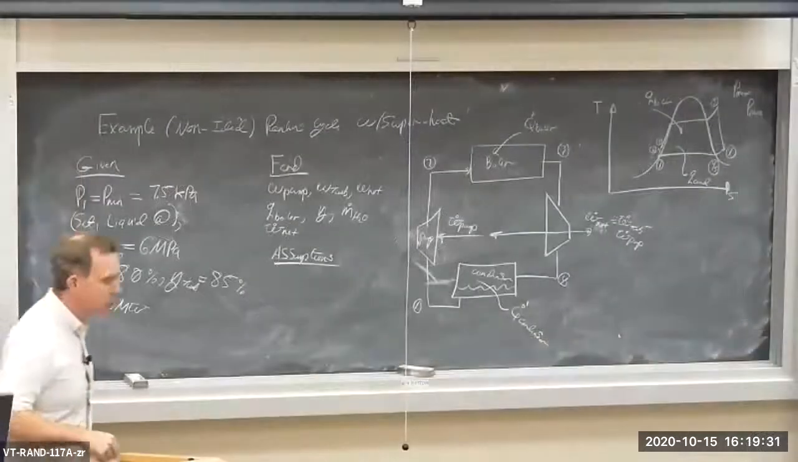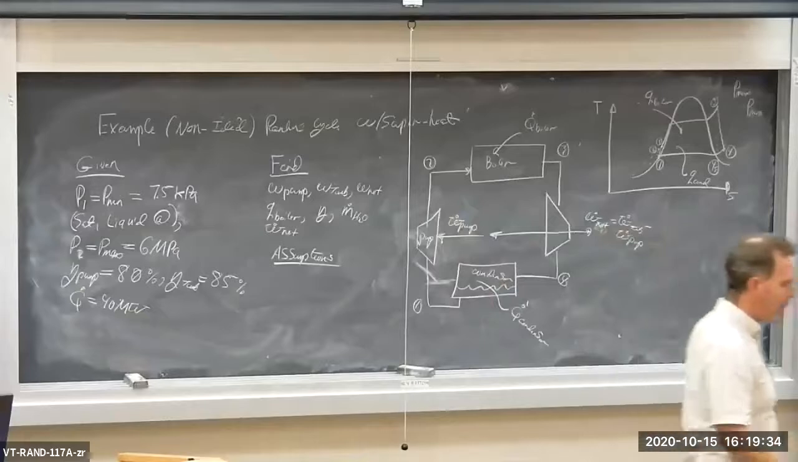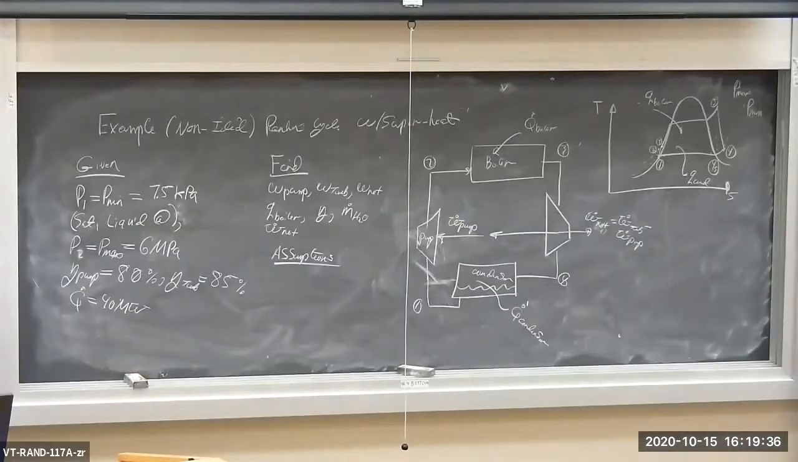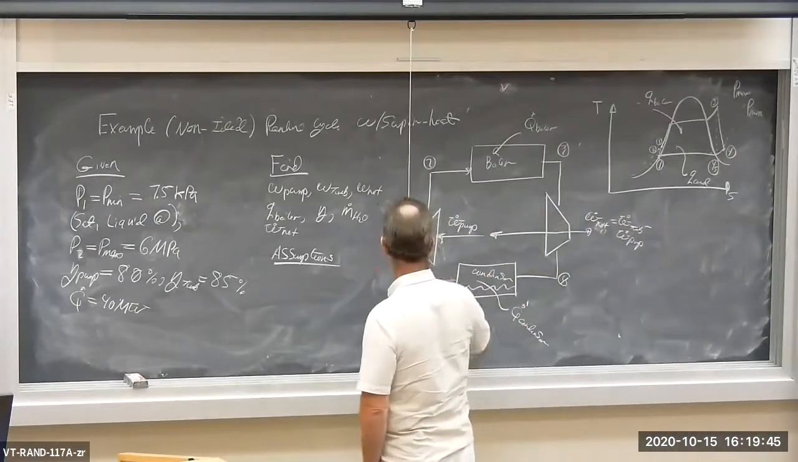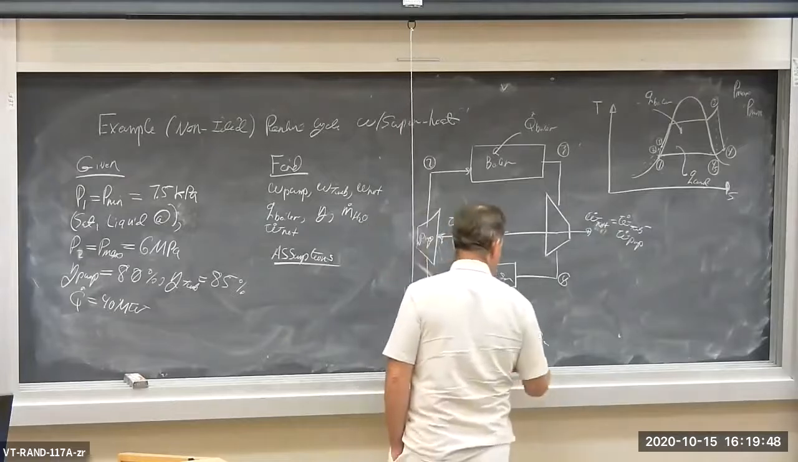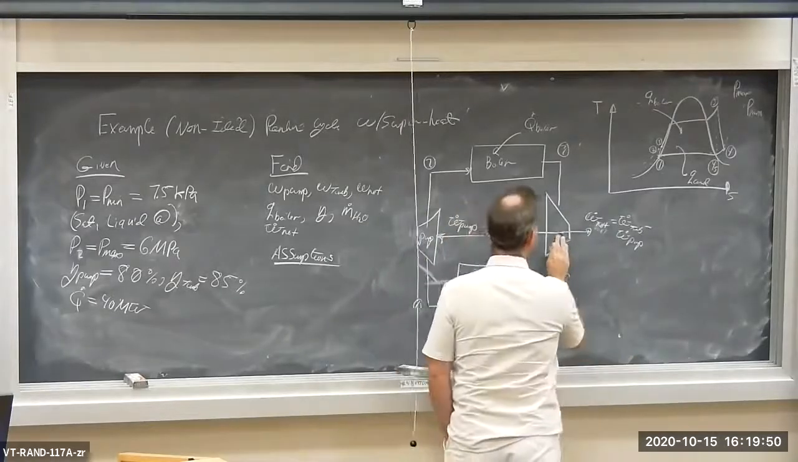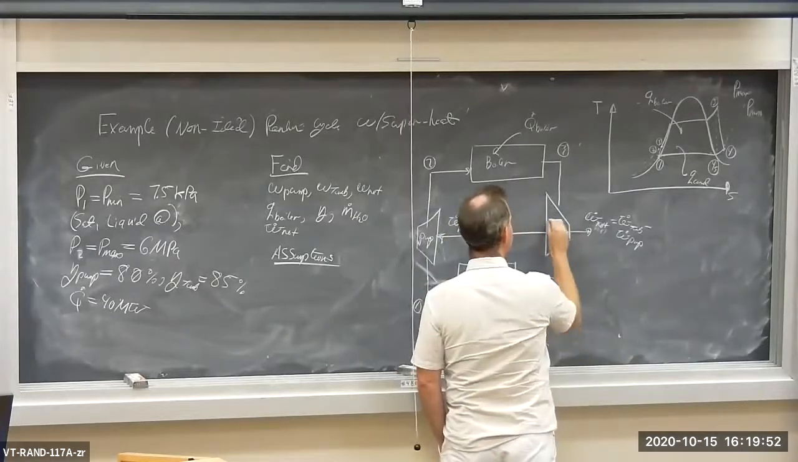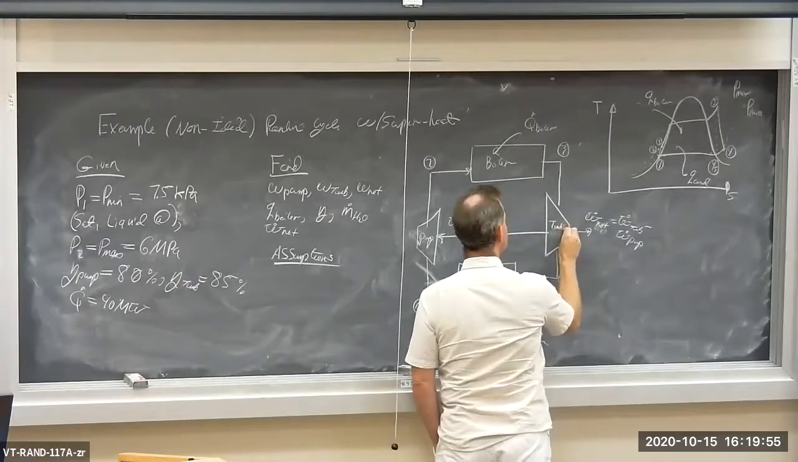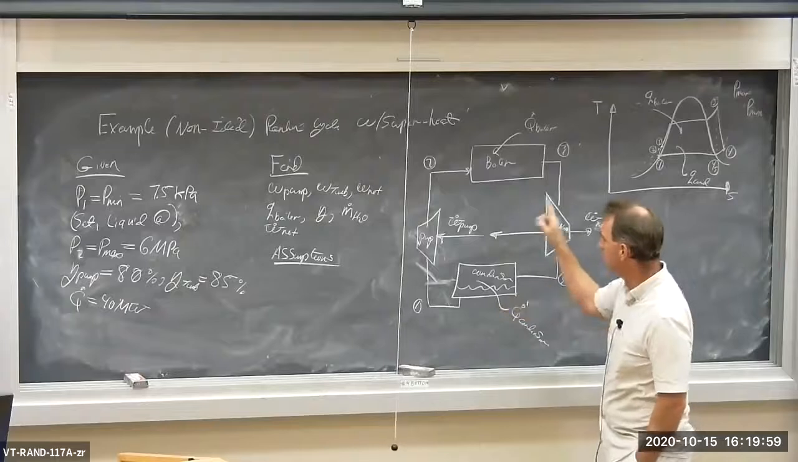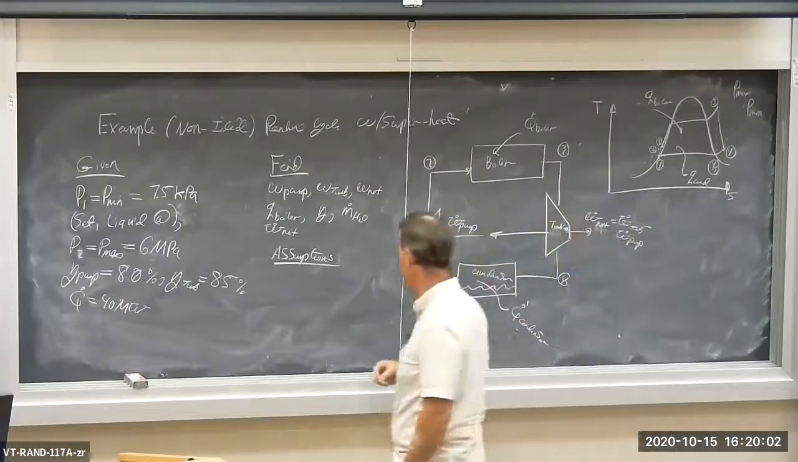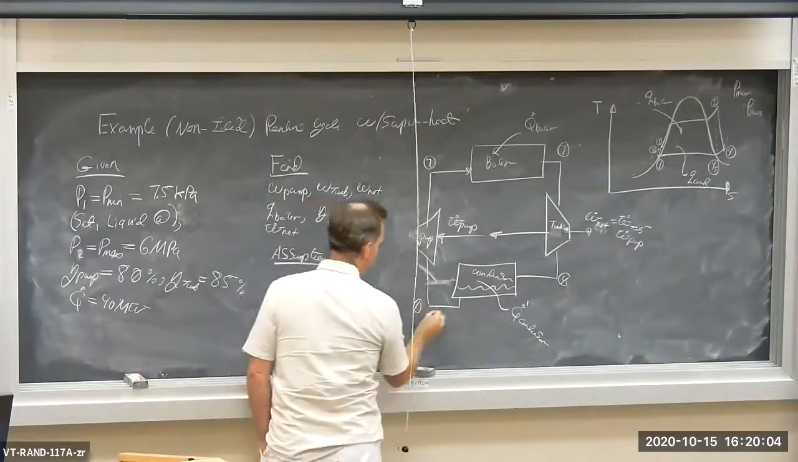All right, ladies and gentlemen, let's do an example here of a non-ideal Rankine cycle with superheat. So what we have here, again, is an adiabatic pump, a boiler, and of course, an adiabatic turbine. And then the condenser, and the working fluid, which is H2O, goes around in a loop, as you can see here. State 1 is a saturated